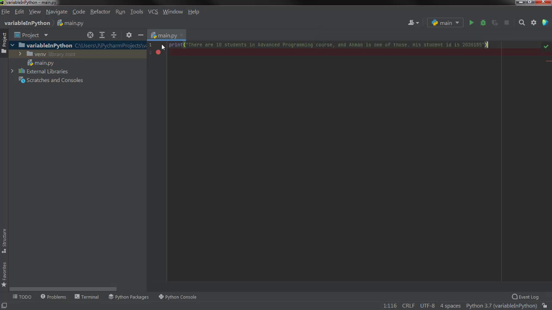Okay, and then next line, print he first took introduction to programming course.